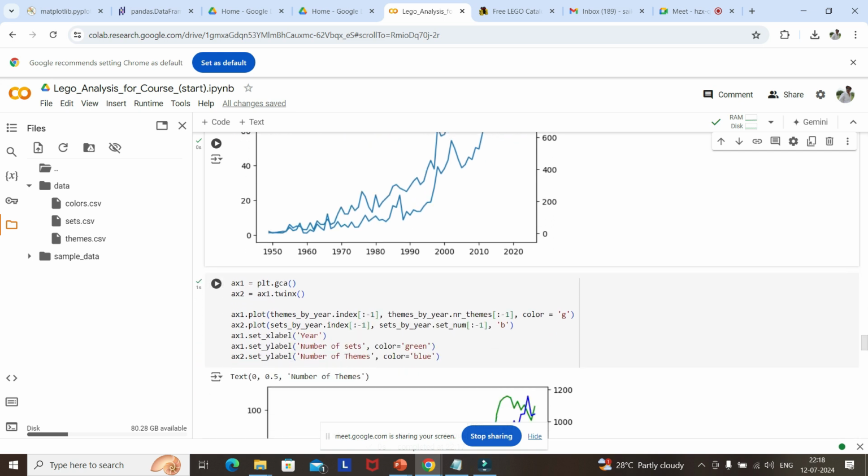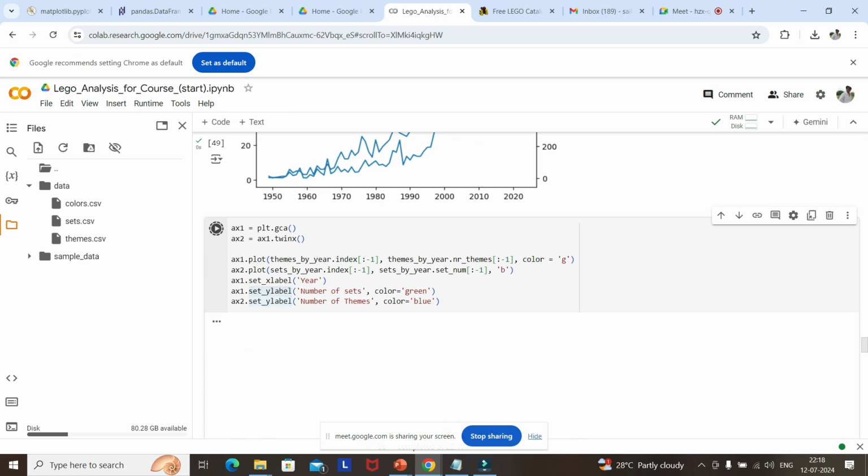So the same thing. If you see the plot here, we can give color equal to g for themes, and you can give blue. You can directly give it like this, or if you pass something like this, it will also be considered as a color. Now we are setting the x-axis label and the y-axis label for axis 1, the number of sets in green. Why we are setting green is because we set our plot also to green. So if I just run this,